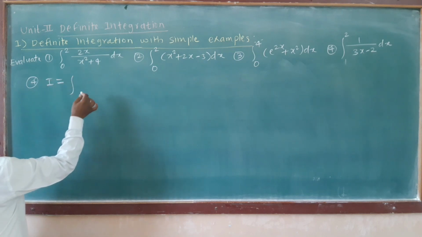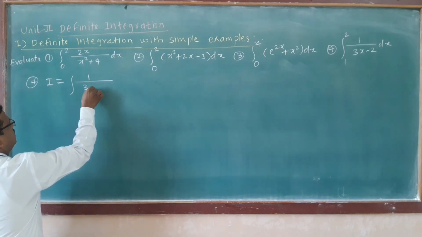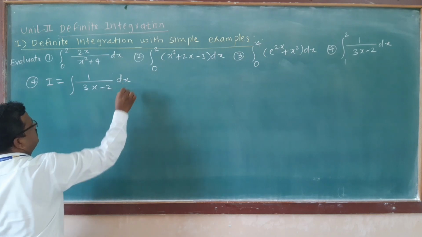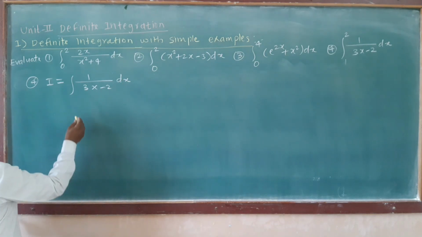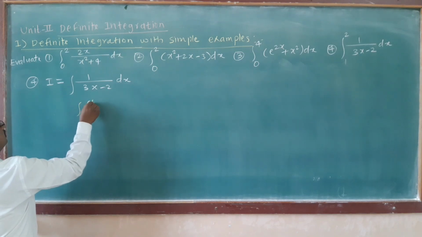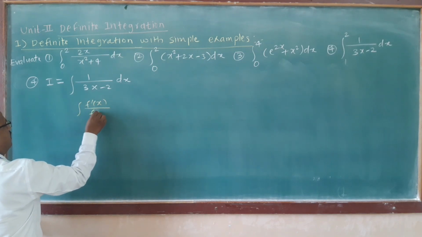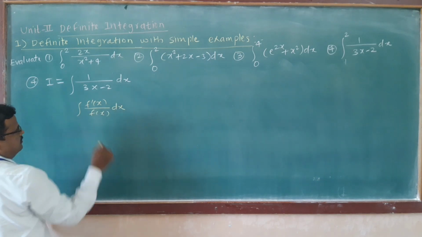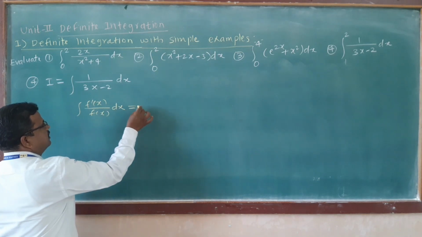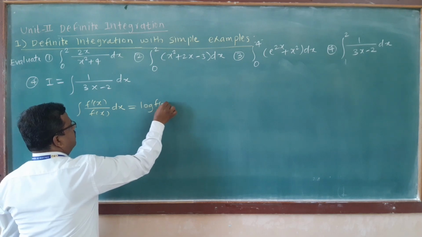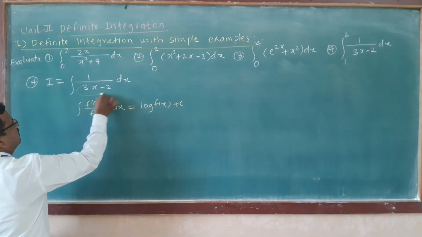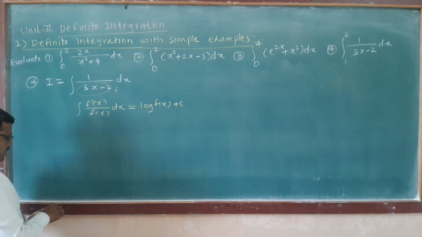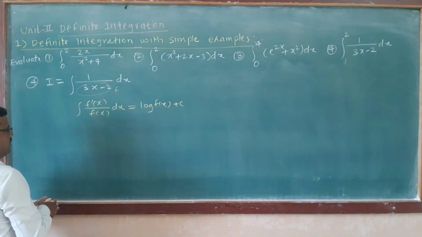I is equal to integral of 1 upon 3x minus 2 with respect to x. Now again we express this integration in the form of integration of f dash of x upon f of x dx, which is a very important result, which is log of f of x plus c. Now this is f, that means we find its derivative d by dx